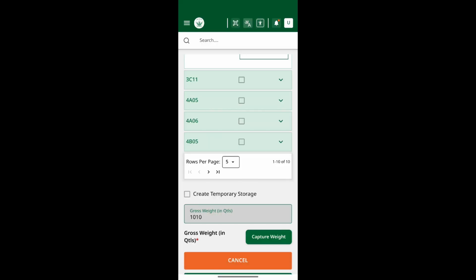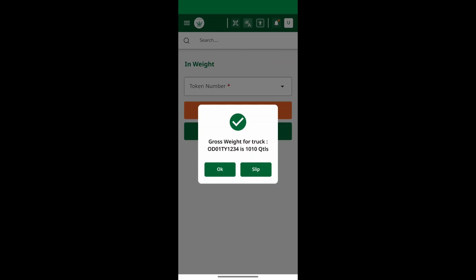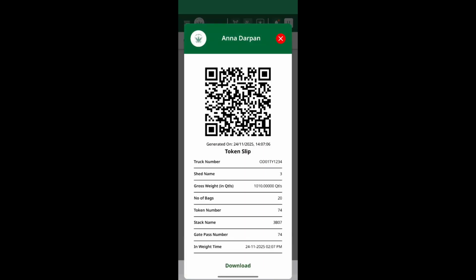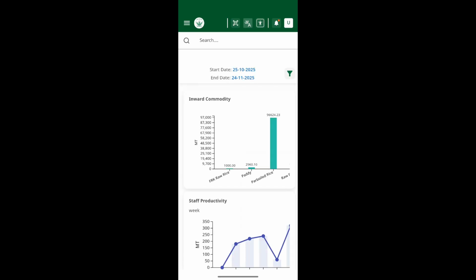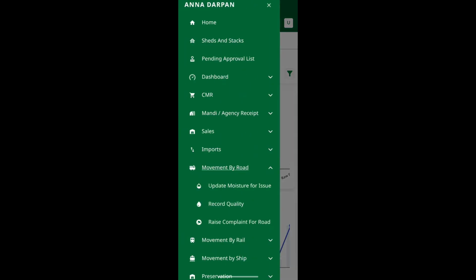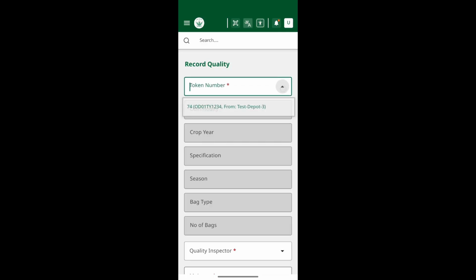The in-weight slip is generated. The manager QC logs in, navigates to record quality, and captures quality parameters of the incoming commodity.